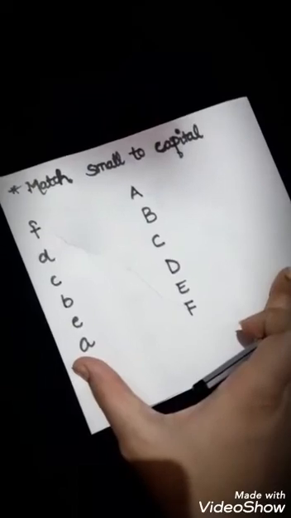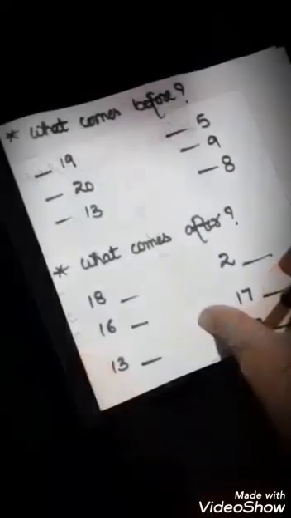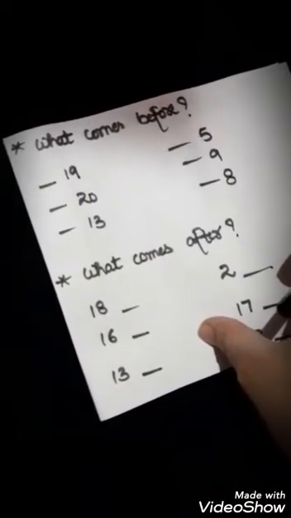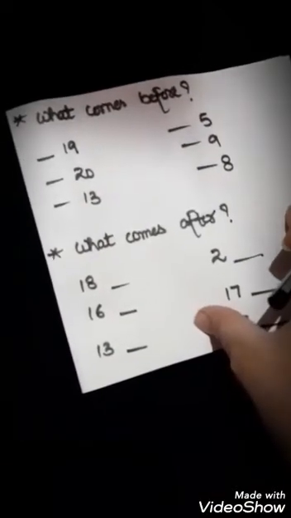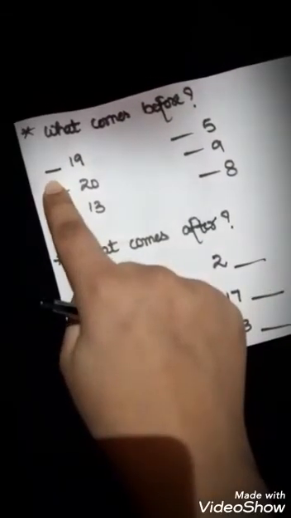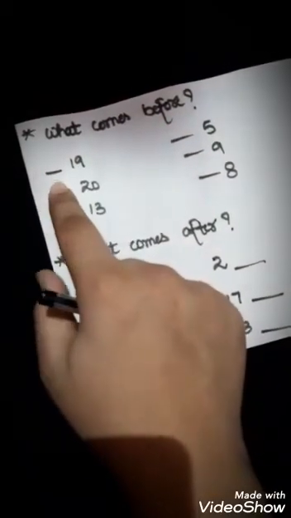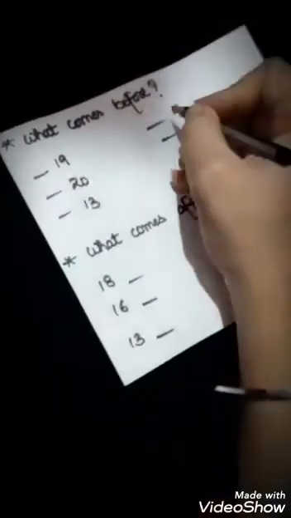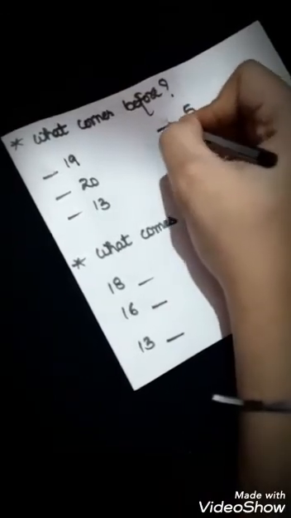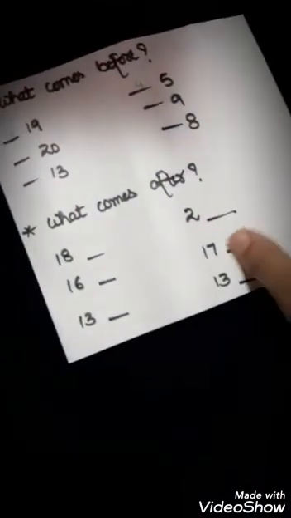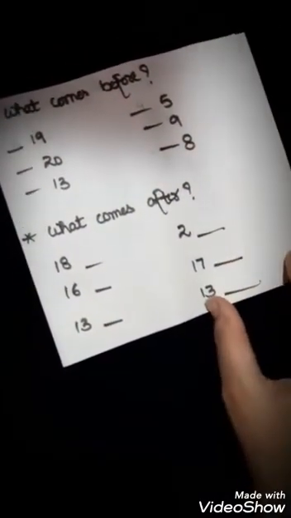Now moving to the next questions. We have already done these in Culmination 1. We will only revise today. So the next question is, what comes before? We need to write the number in the blank which comes before the written number. What comes before 19 is 18. What comes before 5 is 4. In this way you need to do the rest, because I can assure my kiddies are able to do it now as we have learned them till date.